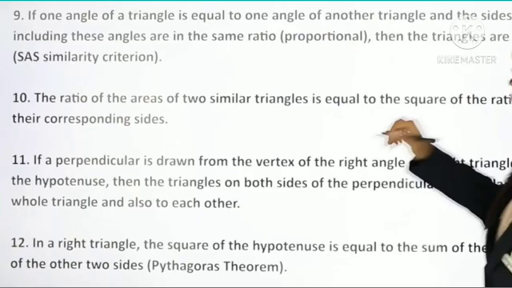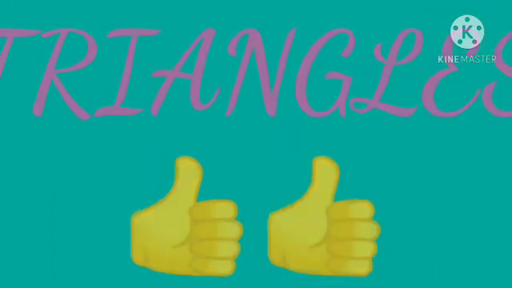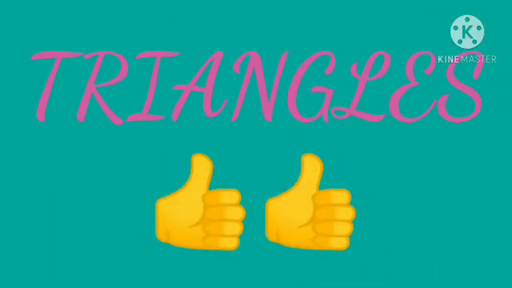And this is the Pythagoras theorem. And we studied in theorem 6.9, if in a triangle the square of one side is equal to the sum of the squares of the other two sides, then the angle opposite the first side is a right angle. So thus we discussed all the important concepts of this lesson, triangles. Hope all of you are able to recall all the main points. So now you practice all the questions from the sample question paper provided through the Parent app and study this chapter very well. This is a very important chapter.